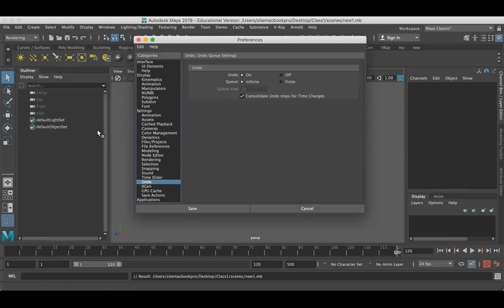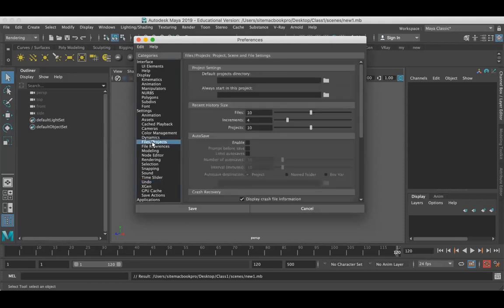Maya can remember unlimited undos, and you can hit Control Z as many times as needed to retain your previous work. Finite means by default you can only undo 50 times, and beyond 50 times you cannot retain your work. So now I'm just going to set infinite. And the next part is to go to File.